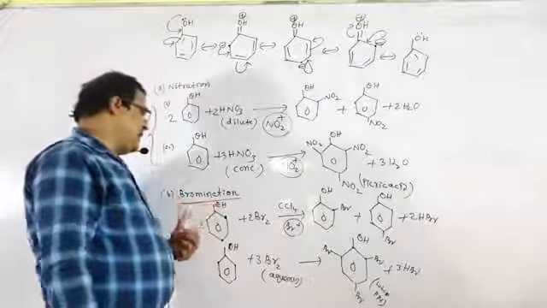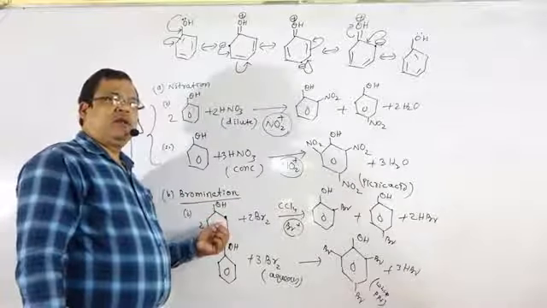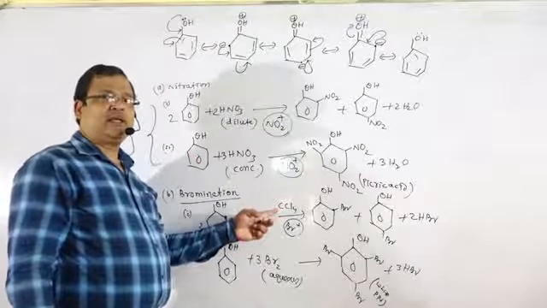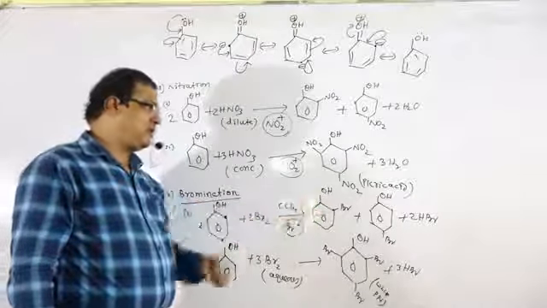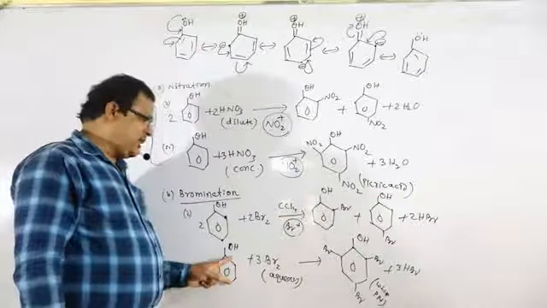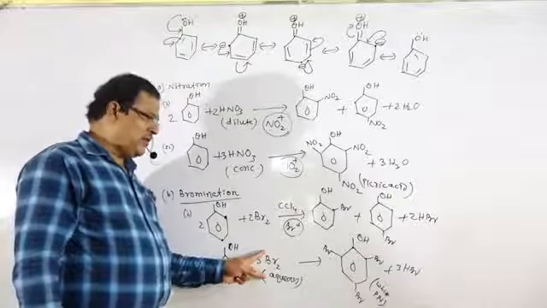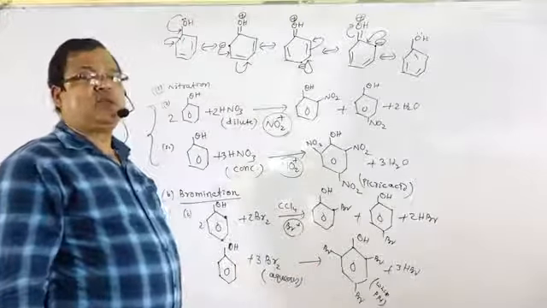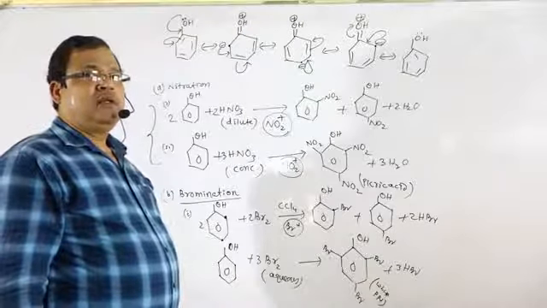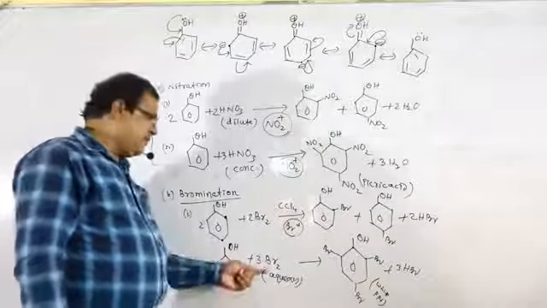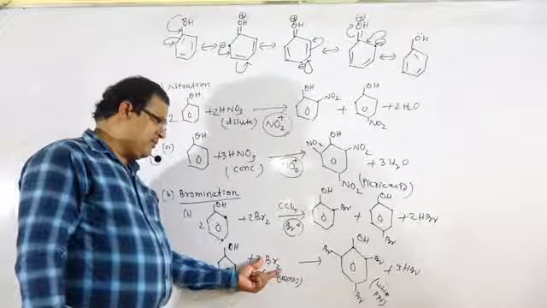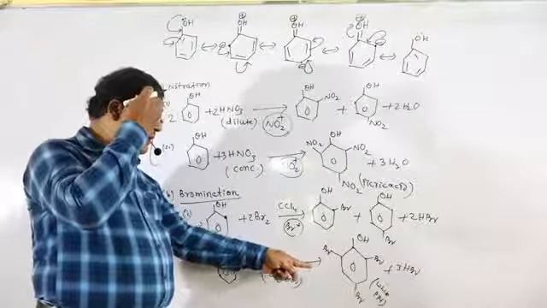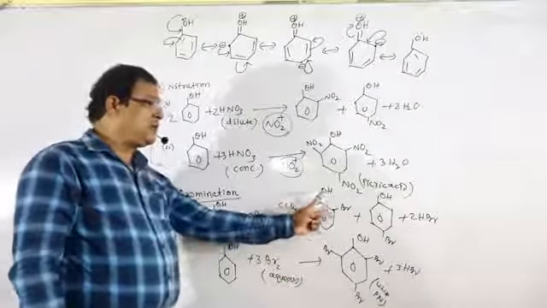So regarding the bromination reaction, whenever phenol is treated with bromine in presence of CCl4, an inert solvent, there is the formation of orthobromophenol or para-bromophenol, a mixture of both. But whenever it is taken in aqueous medium, there is the formation of a white precipitate of 2,4,6 tribromophenol. Here the question is, why does bromine in aqueous medium form all the ortho and para products, that is 2,4,6 tribromophenol, but in an inert solvent there is only formation of ortho and para?